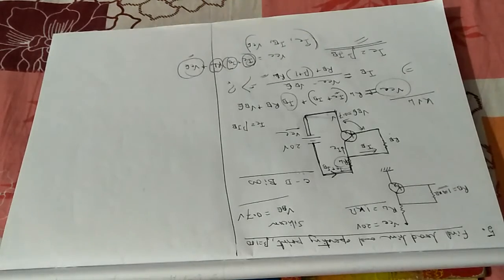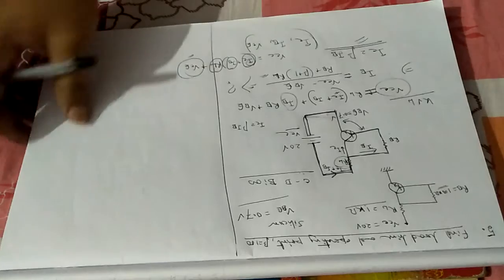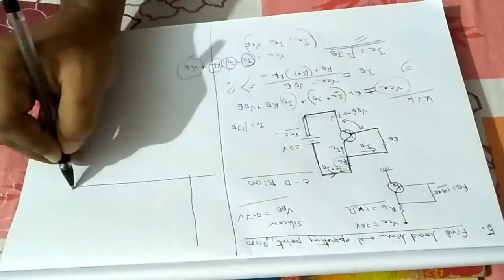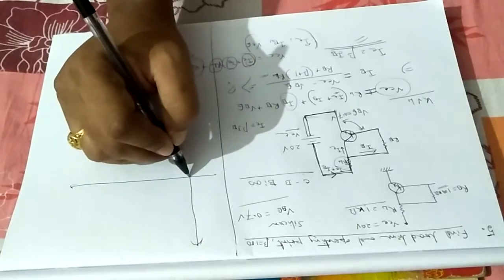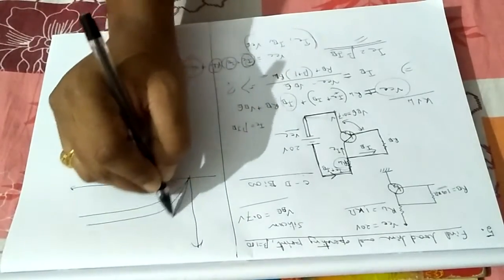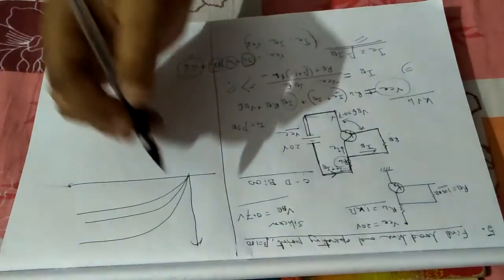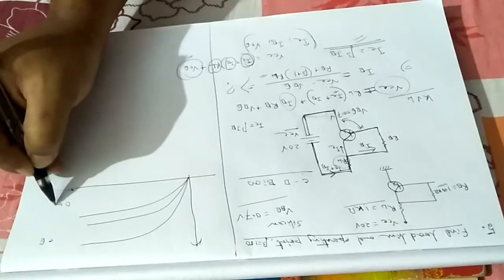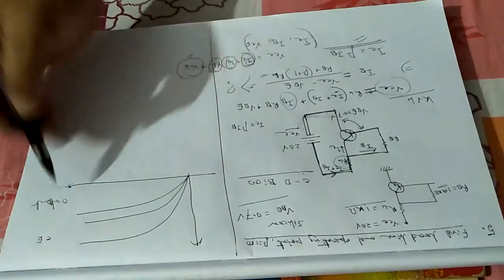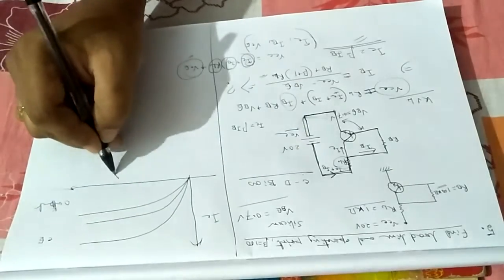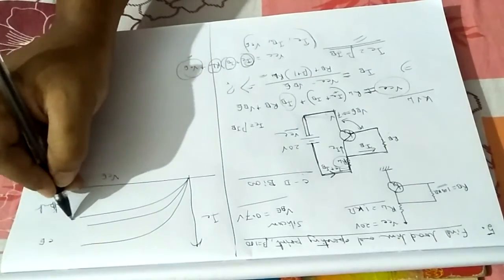Then what about the load line? How can you calculate the values for the load line? I'm not calculating it, I'm giving you a hint. The previous day I showed you the transistor biasing model and transistor characteristics. From the output characteristics in the common emitter mode, if you draw IC this way and VCE this way, these are for different IB.